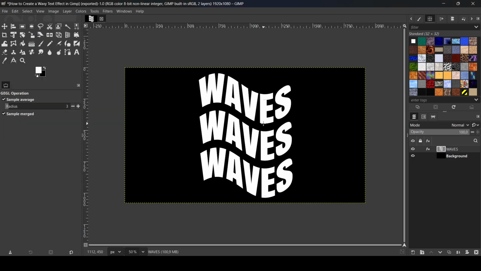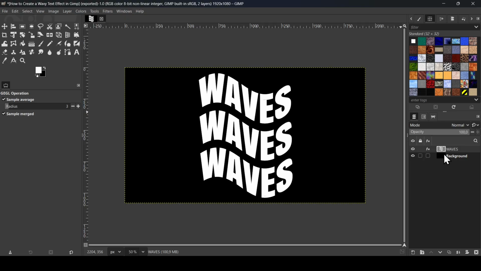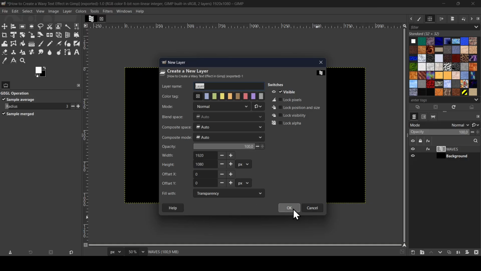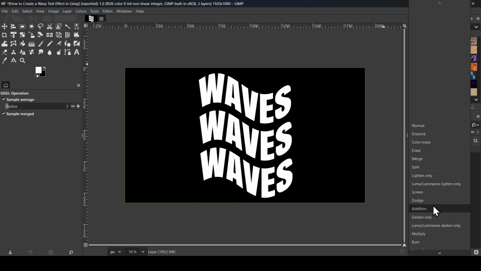And now my text layer is white and the background is black. If I want to change the color, I can either right click, alpha to selection, to make a selection and then paint it. Or I'm just going to create a new layer, click on this icon, fill it to transparency and then press OK. Change the new layer here on top of our text to multiply, change the layer mode to